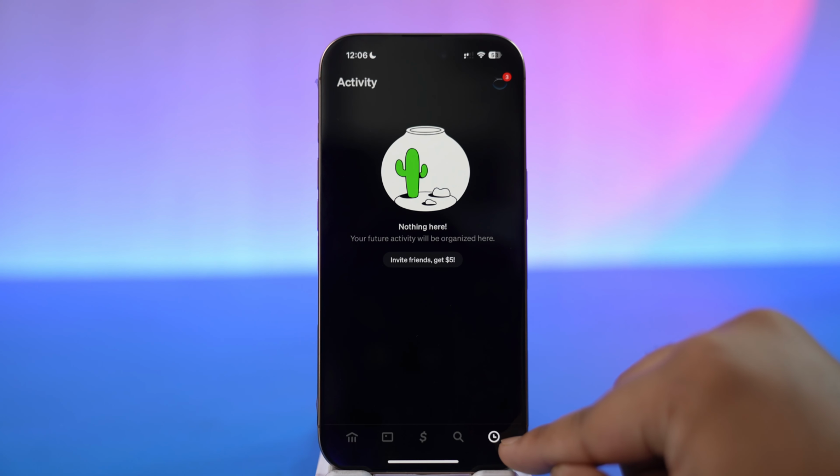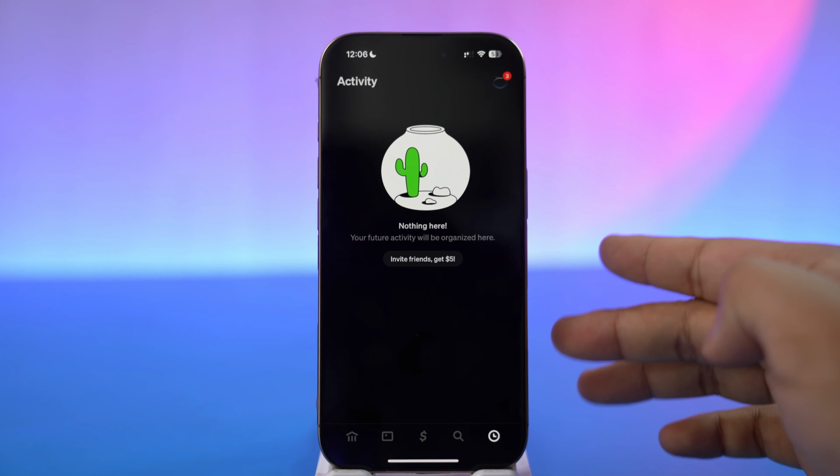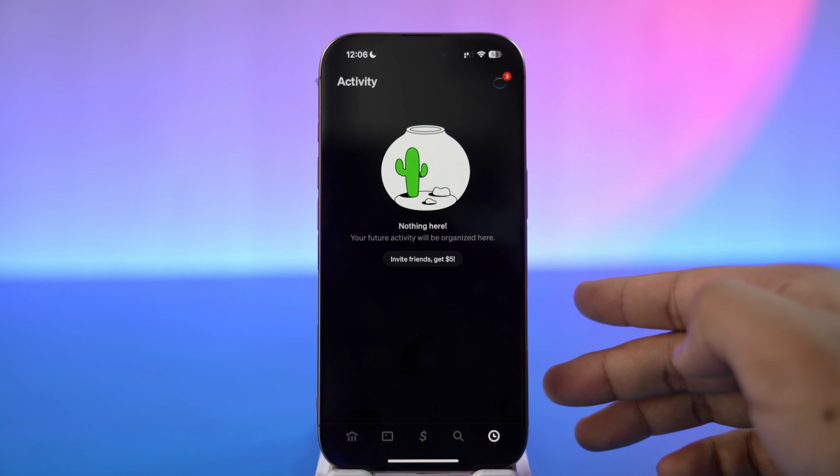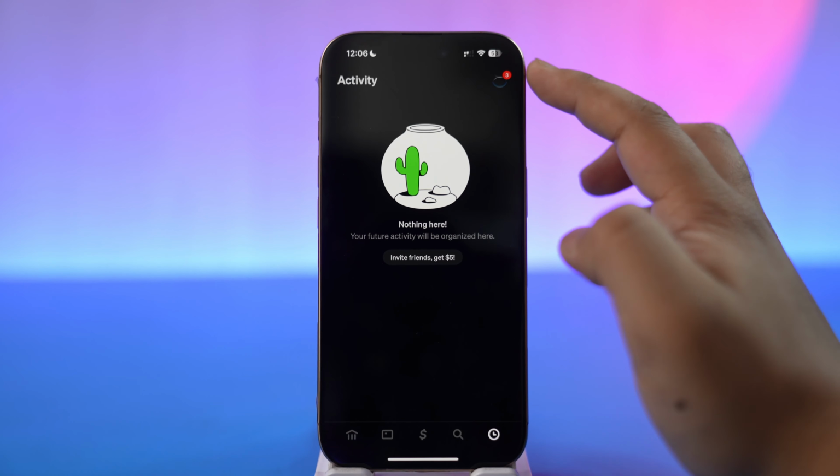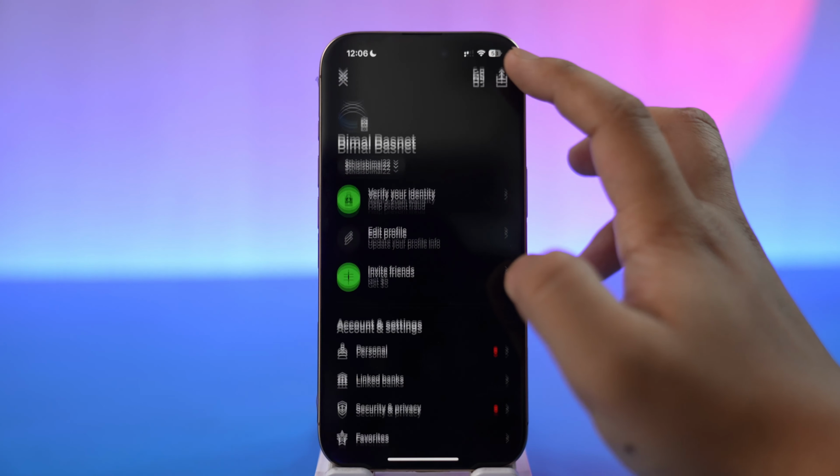So I'm sure you won't be spending much time here. If you come to this activity icon, this is where you'll find the activity for all of your Cash App history. If you tap the profile icon from the very top right-hand side of the screen, you'll be taken